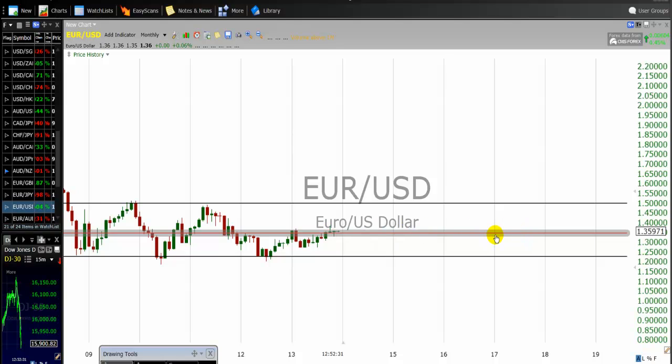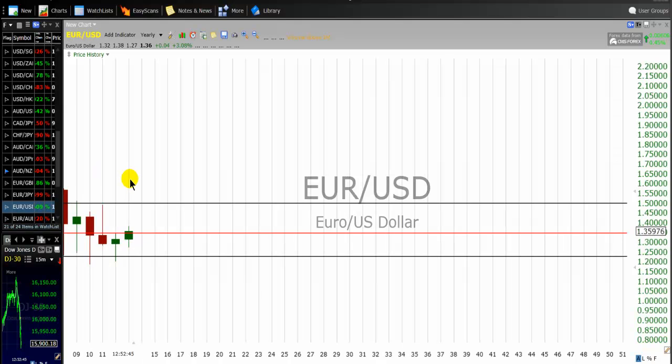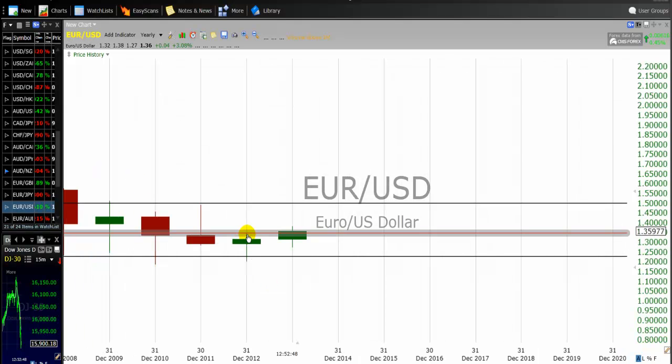here is the high of the year 2012. It's a very important level. As you can see, okay, hold on please, let's go back to the yearly chart to verify that. Okay, here it is. You see, that's the high of 2012. Right? It's almost equal to the opening price